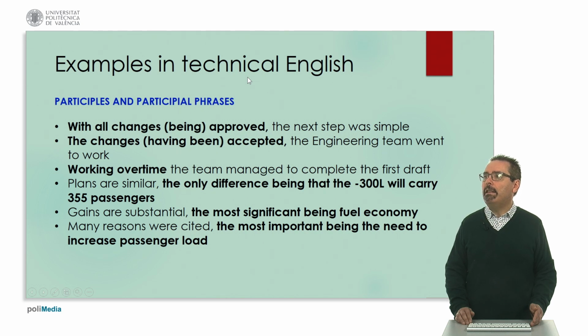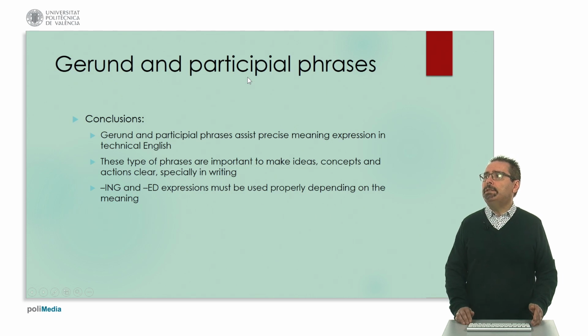-300L will carry 355 passengers. Gains are substantial, the most significant being fuel economy, and many reasons were cited, the most important being the need to increase passenger load. As we can see here, the participle and participle phrases are very important to actually organize your thinking. As a conclusion, gerund and